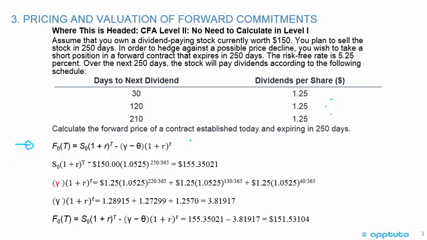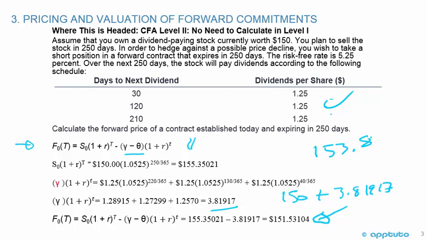So remember, here's the formula for the price of our forward contract, and we're subtracting the benefits minus the costs. So in this example, we only had benefits, we had the dividends, okay? So the future value of those dividends was 3.8197. So we had the spot price of $150, plus we would receive the benefit of 3.81917 of the dividends, but we calculated that the forward value is 151. So we can see that the spot transaction, the value would be 153.81917, and that is greater than the forward contract price of